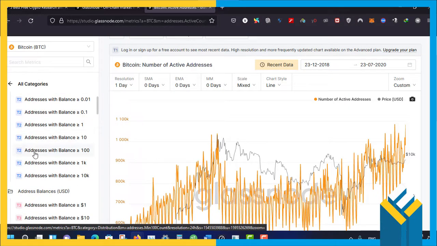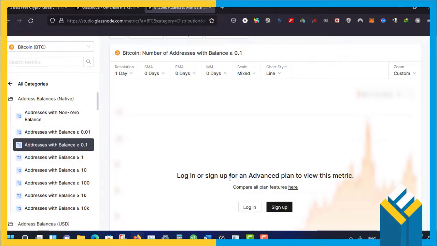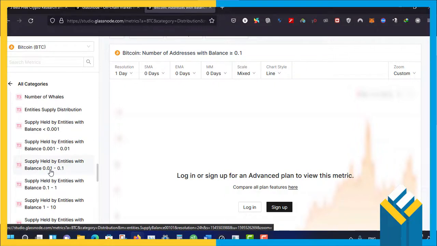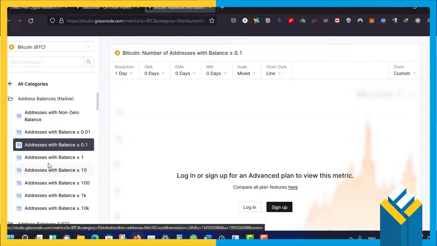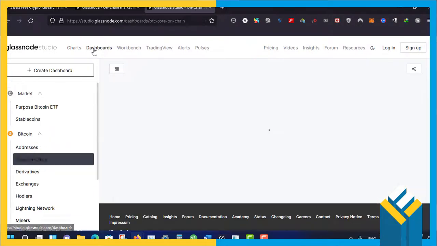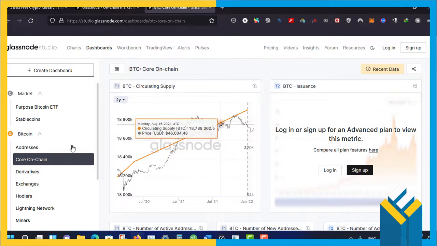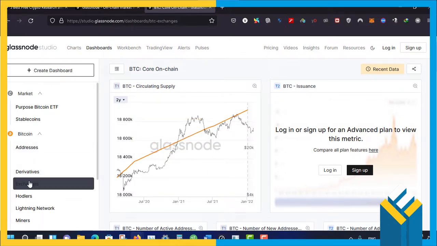For example, addresses with balance more than 100 Bitcoins, more than 10,000 Bitcoins, 1,000 Bitcoins. And if you click on them, you can see here that you need to log in or sign up for advanced plan view. But as I told you, it's very easy to log in or sign up. And if you need more data, you can pay the pricing system of this website in order to use the data. There are some dashboards here, and you can see there are many other special tools and also the exchanges,